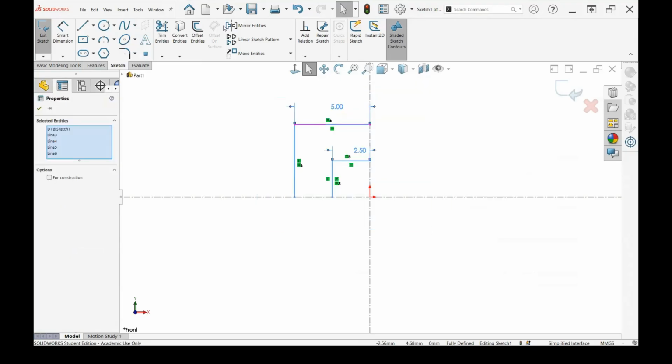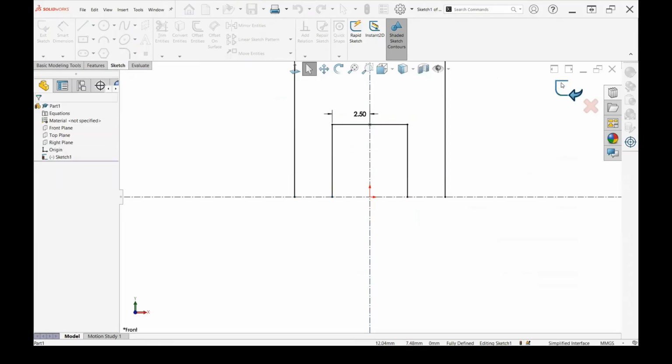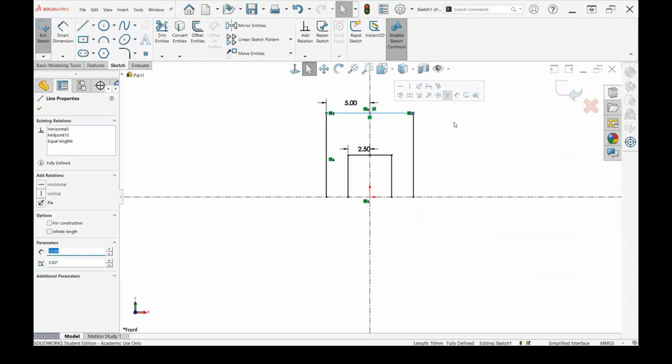I'm going to select that. Mirror entities, noting that my copy is on, and then mirror about. And you can see my preview now. Blue is what exists, yellow is our preview. We're going to say okay. That's kind of an unusual behavior.